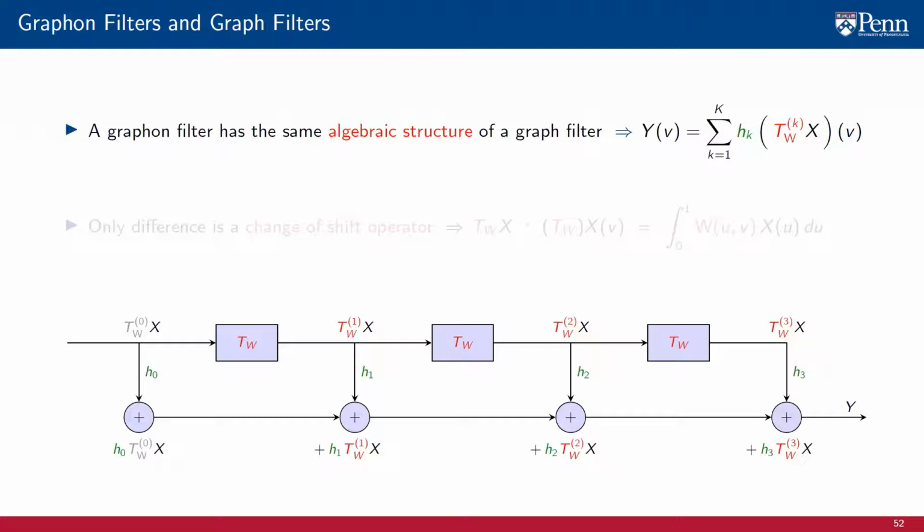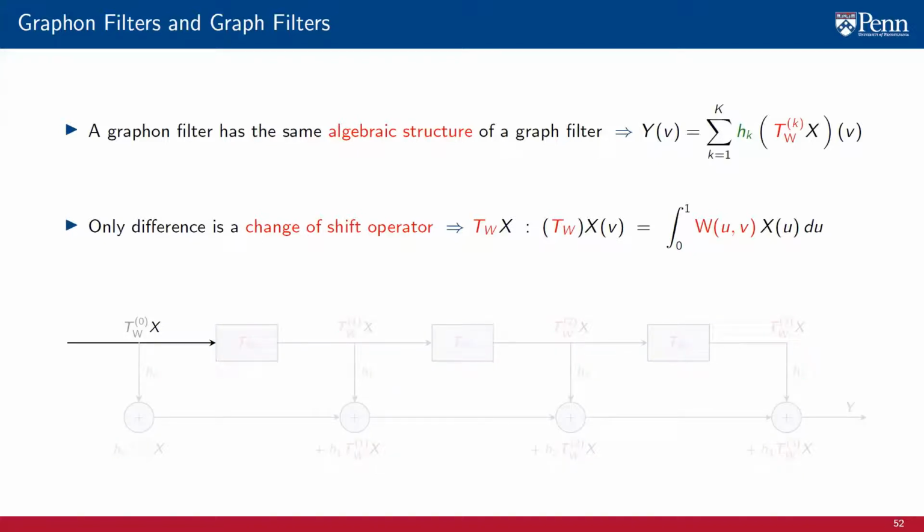As we saw in previous lectures, a graph filter can be defined as a polynomial on the graph shift operator. That is, a graph filter of order K is comprised of successive graph diffusions up to order K, modulated by the corresponding filter taps, whereas a Graphon filter of order K is comprised of successive Graphon diffusions, represented by recursive applications of the Graphon shift operator TW, also modulated by filter coefficients Hk. The only difference lies in the shift operator. Instead of a graph shift operator, we now rely on the integral Graphon shift operator TW of X instead.